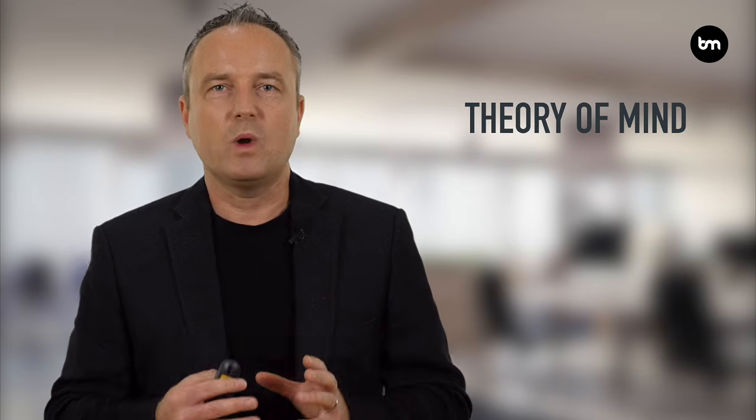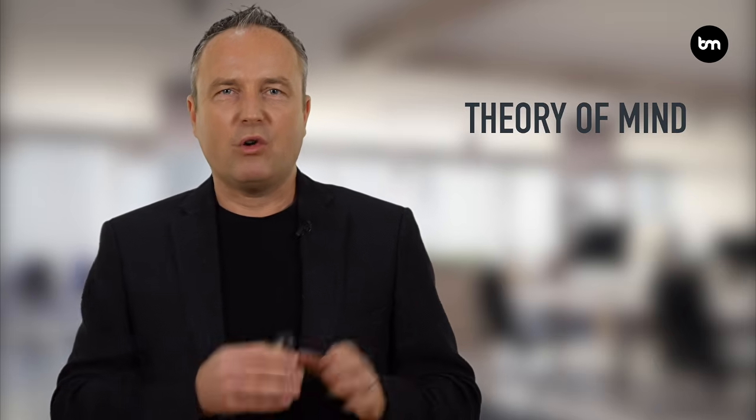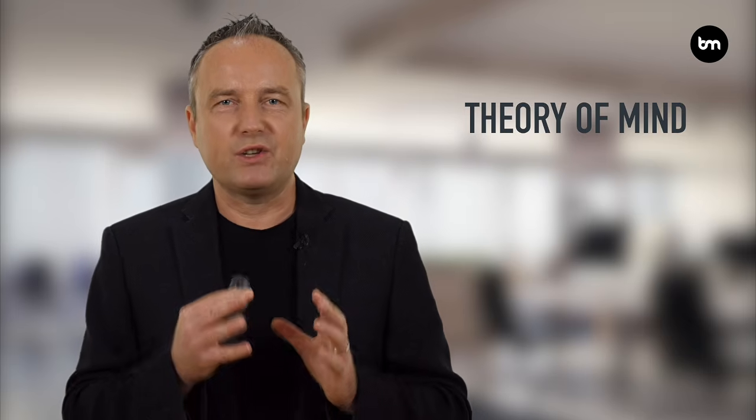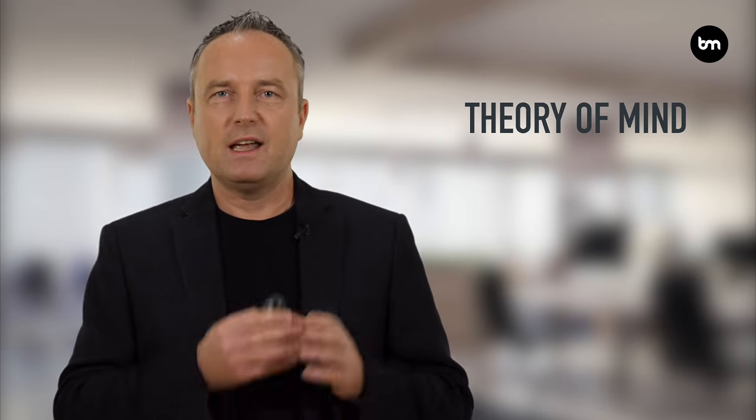Theory of mind AI. When machines acquire decision-making capabilities equal to humans, we will have achieved theory of mind AI. This is the next frontier for AI. An important aspect of this AI is that machines would have the capability to understand and remember emotions and adjust behavior based on those emotions, just as humans can.